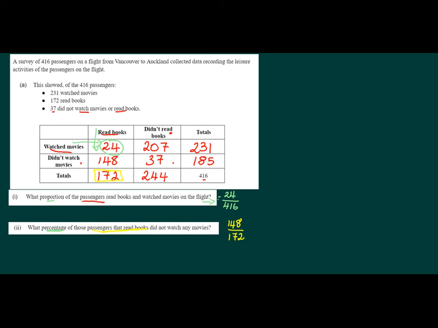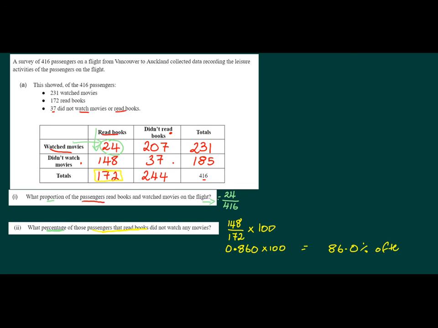Okay, now you're not finished yet because we were specifically asked for a percentage, and 148 over 172 is not a percentage. We have to convert that to a percentage. So the way we do that is we find out what that is as a decimal and we times it by 100. And so as a decimal, that is 0.860 to 3 decimal places, times 100, which therefore equals 86.0%